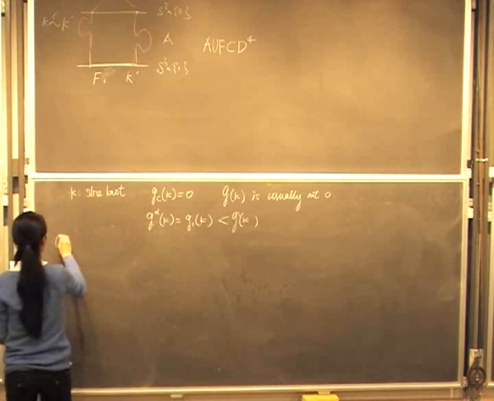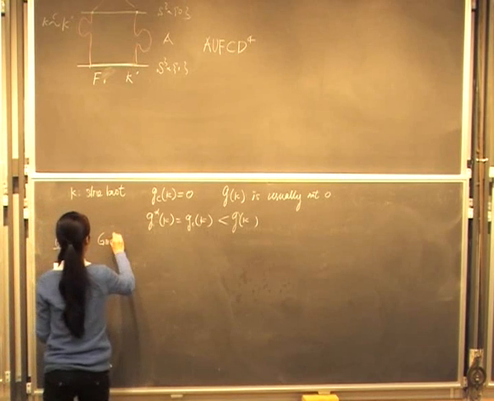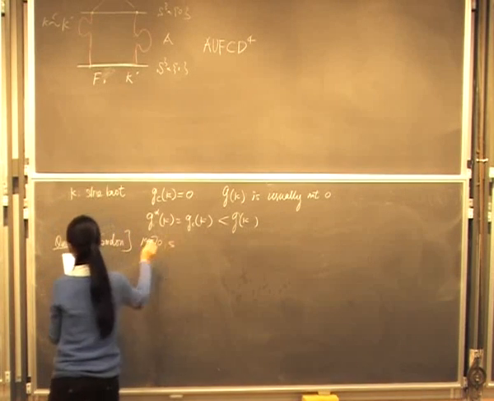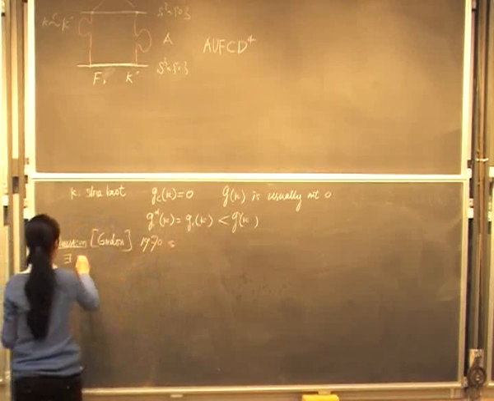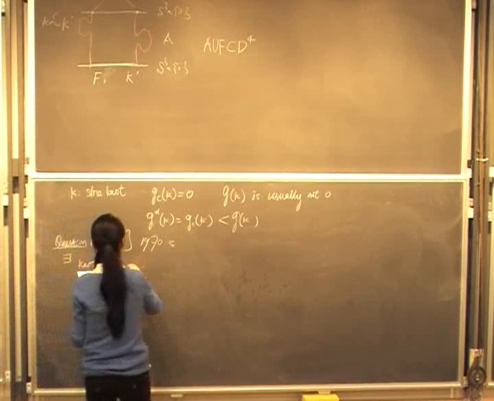And then there is such a question by Gordon, asked in the 1970s: whether there exists a knot K with